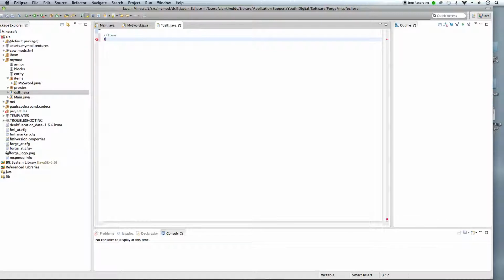So I'm gonna write Thunder Sword equals parentheses, oh, no space, new item Thunder Sword, and then your sword name, of course, in there. Sword